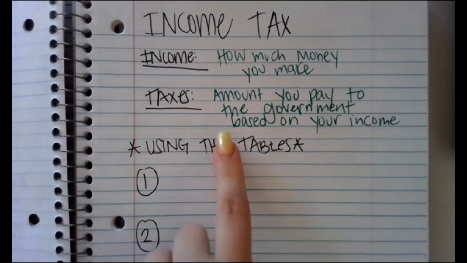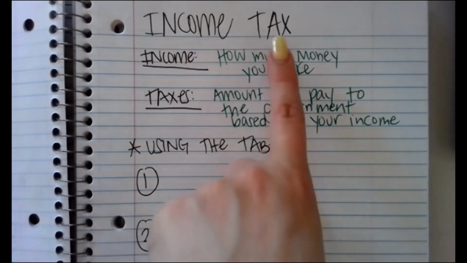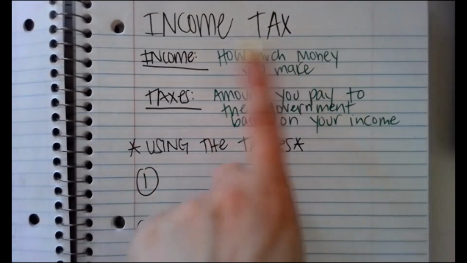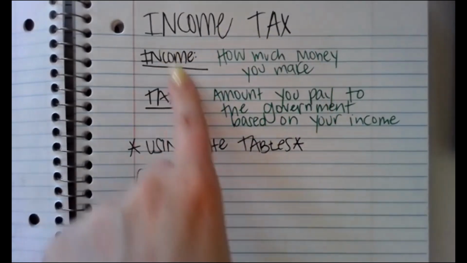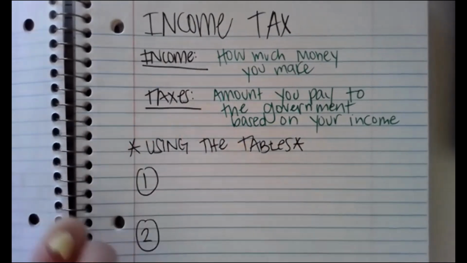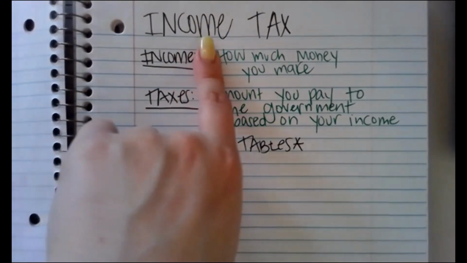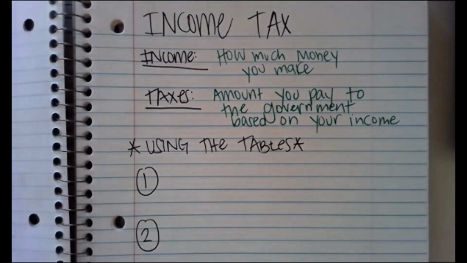For example, in Pennsylvania, where some of my family's from, they have an income tax. There's a tax that's taken out of their income that's paid to the Pennsylvania government, but they have no sales tax. When you go to the store, you pay what you pay. There is no tax added onto it, which is pretty cool. But at the same time, they have money taken out and they have to pay taxes in other ways. So every state is a little bit different, but income tax is important to understand. It's the introduction to taxes. We're going to get more into sales tax and other kinds of tax later on in this unit.